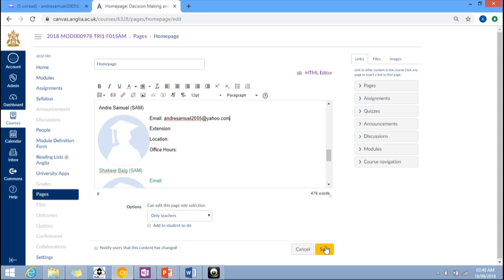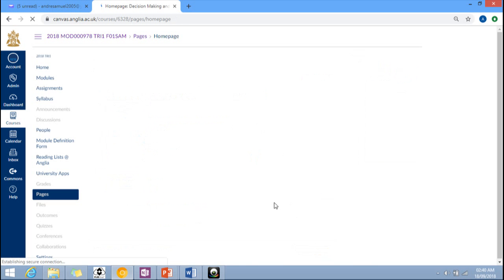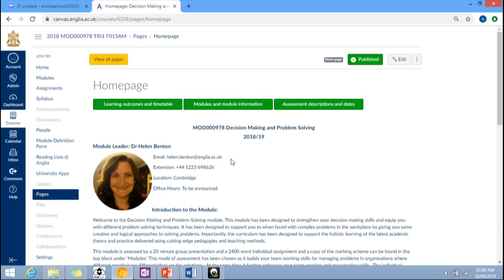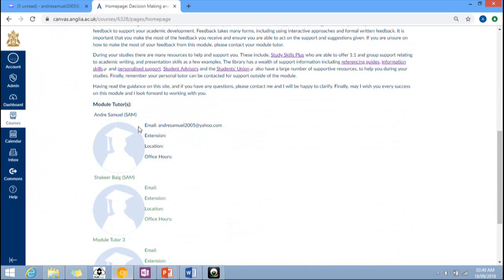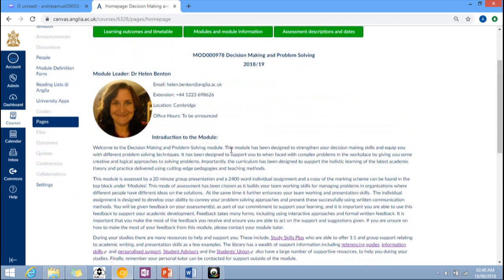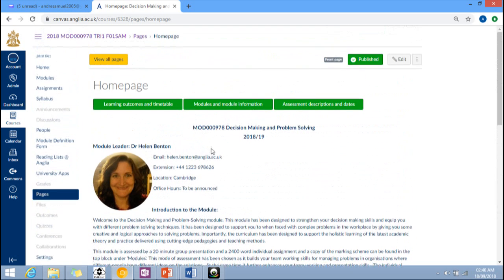So once you edit it, you press save, and that will now be saved onto the module. So this is what it will look like once completed. Okay, of course you could add a picture there too as well. That is not mandatory. Okay, so to view the assignment, you go to the assignment link here, or you could